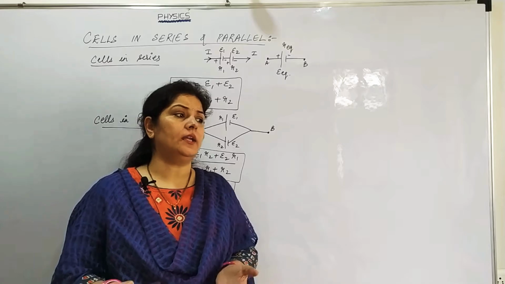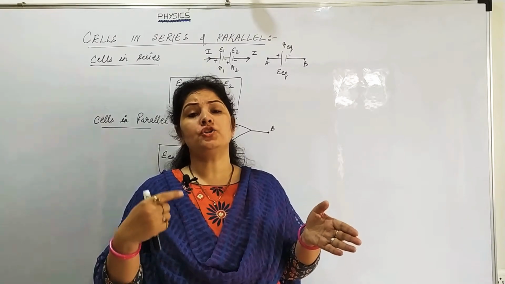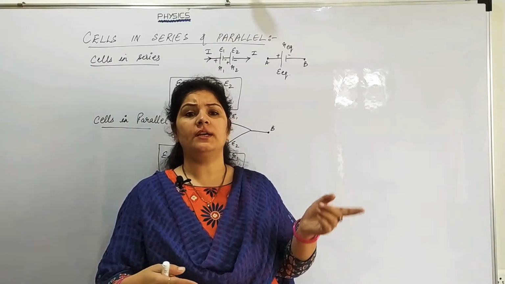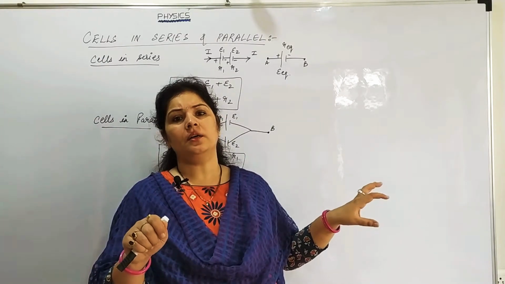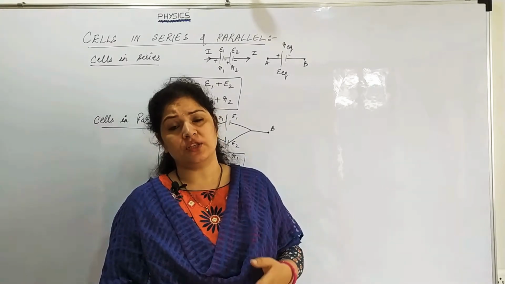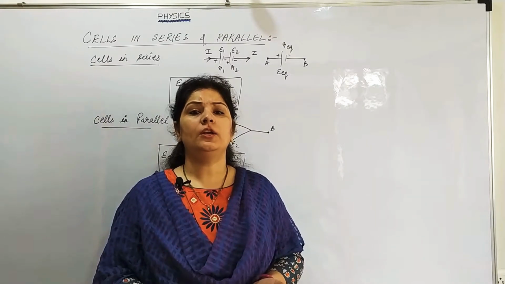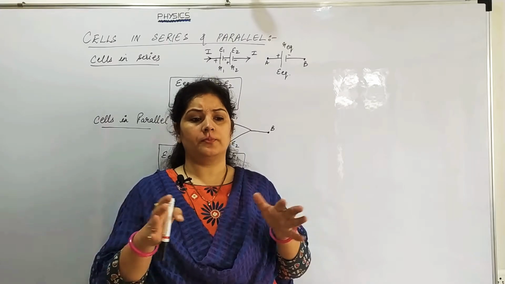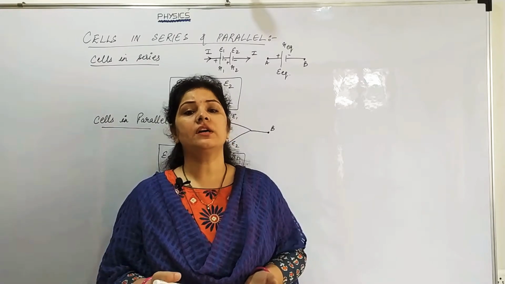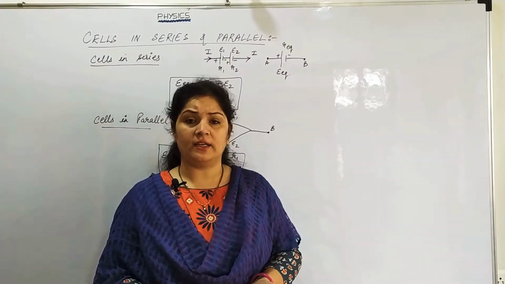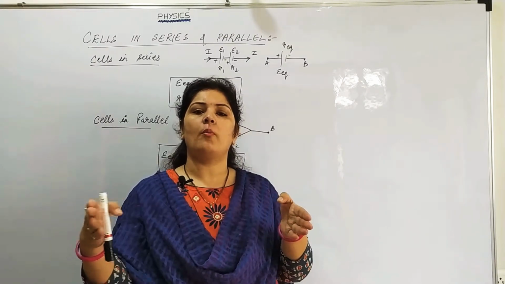Say, suppose you are starting your car. The battery of the car should be able to produce that much current which is required by the horn, by the headlight, or by the starting of the engine, the starting of the motor. All these devices need current, for which we need a suitable arrangement of cells inside the battery, so that whatever current different devices need, we get that current and that voltage, right? That is why rather than taking a single cell, we take a combination of cells.